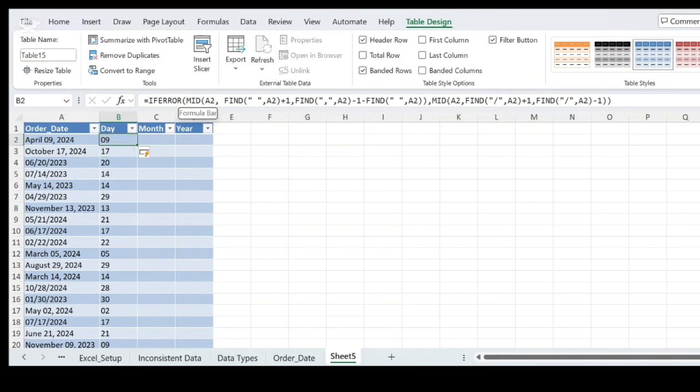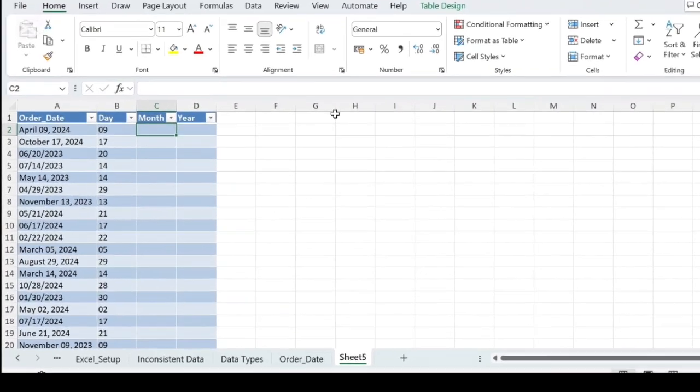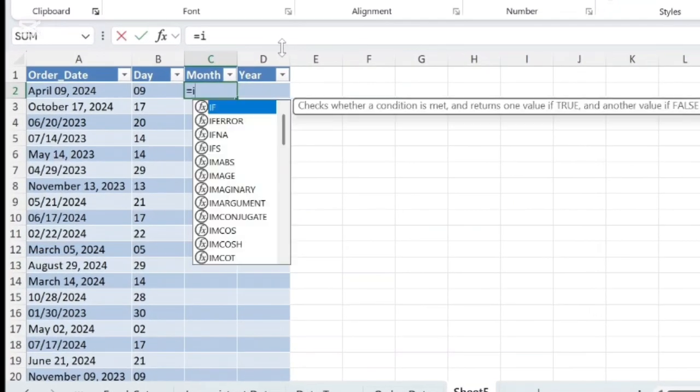For instance, the first MID, up to this comma before starting the next MID, extracts the day from the text-based date, and the other MID extracts the day from the slash-based date. So to extract the month, we are going to use this formula, equals IFERROR,